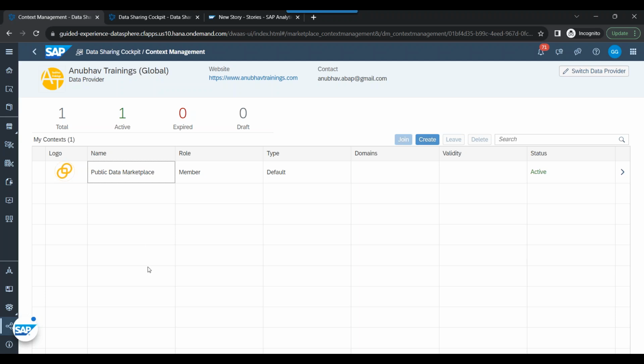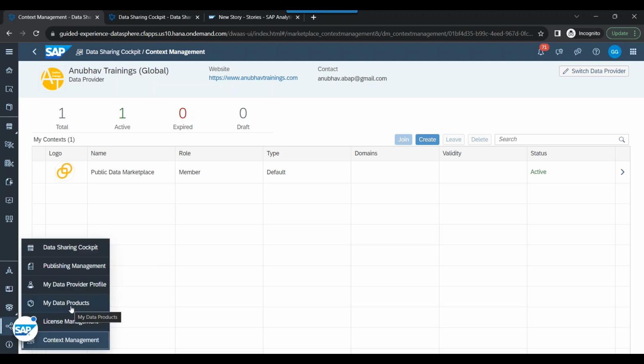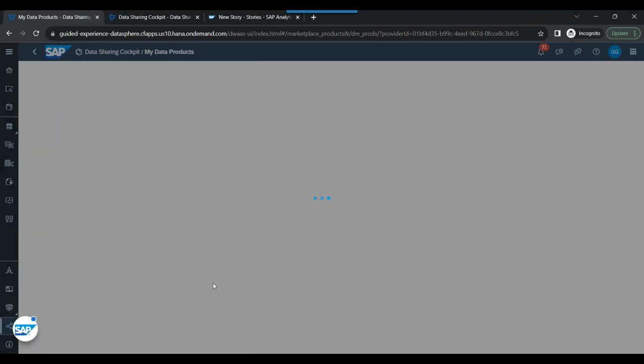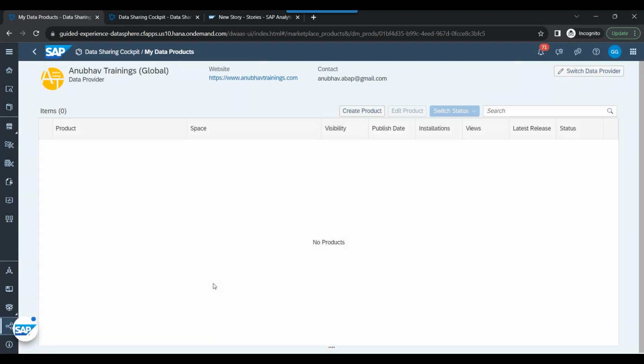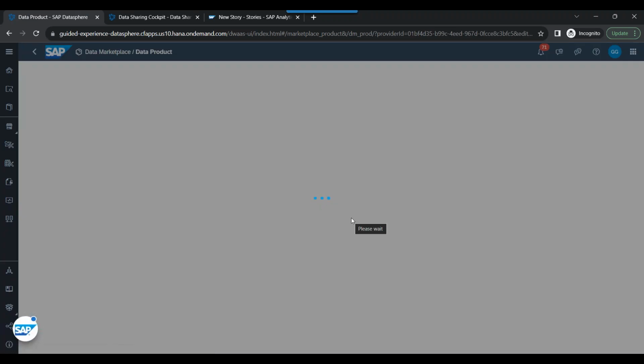Now once the context is added, what is the next step? Adding data products. So we will now go back, next, and I go to my data products, and we will now be creating our data products. It is mandatory that you should have the data in terms of tables and views present in your Datasphere tenant. So I create now a new product,